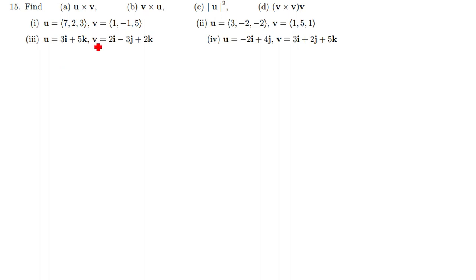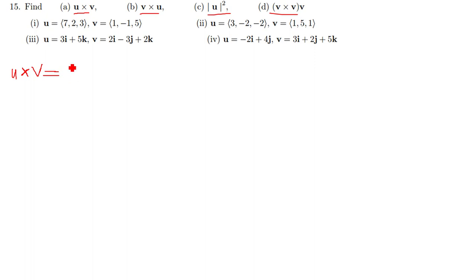As I'm giving an example, let me solve one question so that at least we move forward. If you are finding u cross v, I'll just solve one question here. When I solve this, it means that you can solve that as well. So u cross v is just equal to,